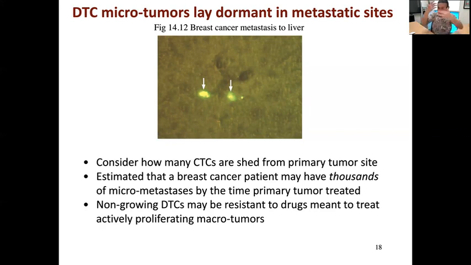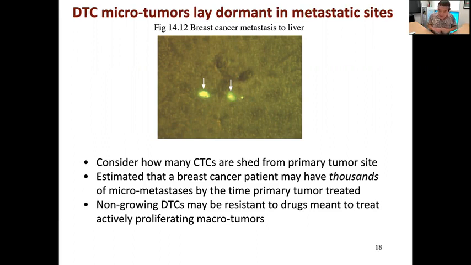And these circulating tumor cells are now going all through the circulation, getting stuck in different sites of the body. That means by the time a breast cancer patient presents in the clinic, right, with a sizable tumor in the breast, that patient may already have thousands of little micrometastases tumors spread out in all the different tissues. But these thousands of different metastatic microtumors, they're in places that those cancer cells don't really know what to do next, right? Because it's very foreign stroma.